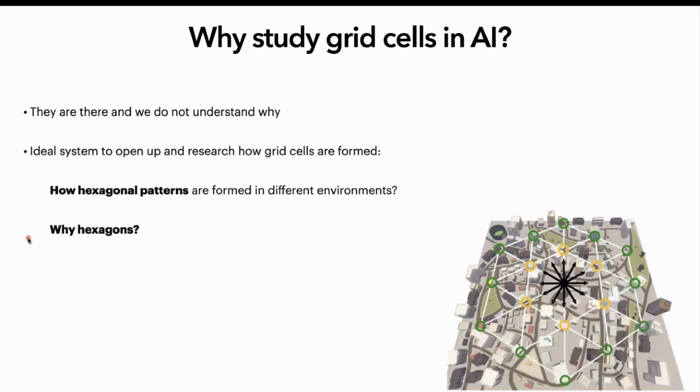So why study grid cells in AI? Basically, first of all, because they are there. There are certain networks in artificial intelligence that form grid cells, and we don't understand why. And second, because artificial neural networks are an ideal system to open up and research how grid cells